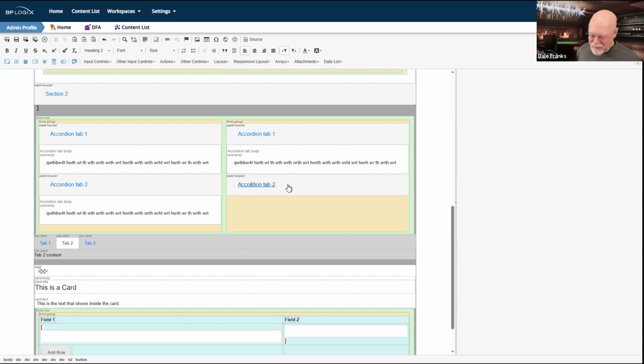The other thing that's kind of tedious on these controls is that you have to name them. So basically you have to get your cursor inside the links, and then you have to be real careful because you don't want to delete the link, and you have to rename the things so that they don't just say accordion tab 1 and accordion tab 2, because they do get dropped down with default names.